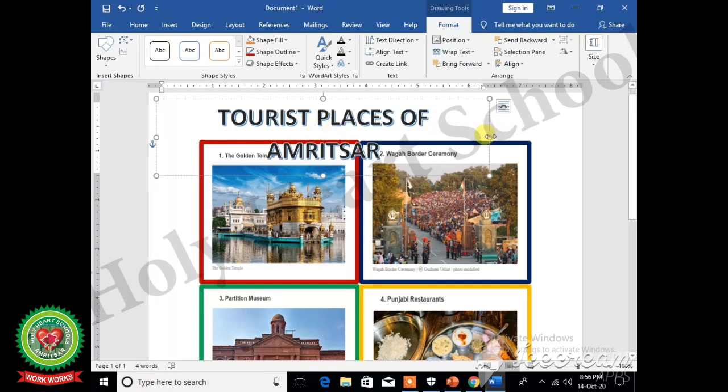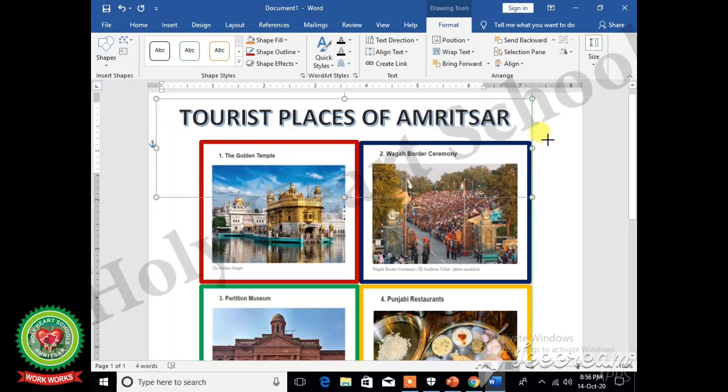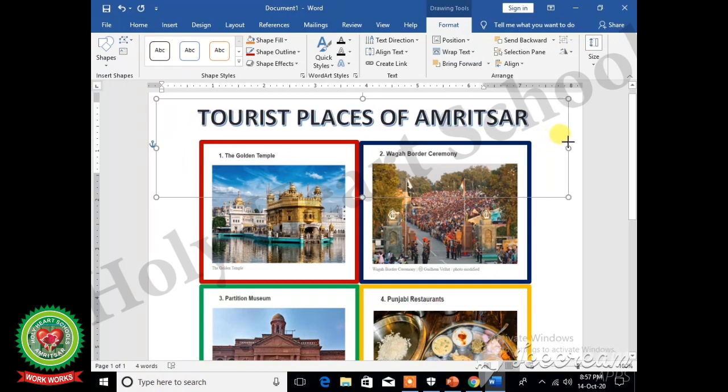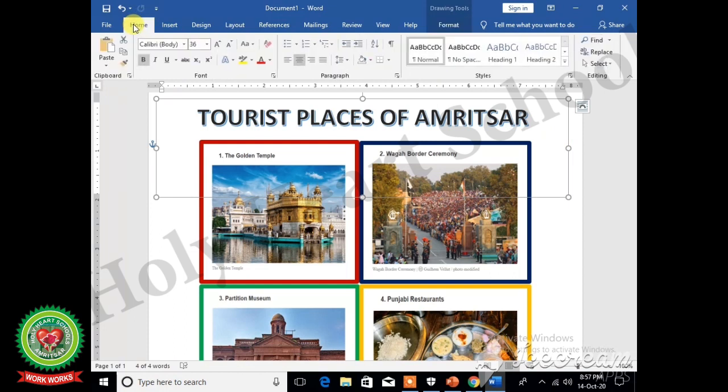You can drag these resize handles to adjust the text. You can do the formatting of the text by making it underline, and you can change the color also according to your requirement.